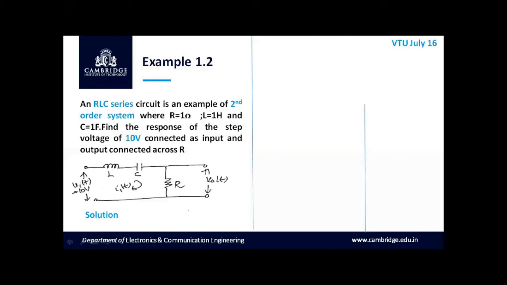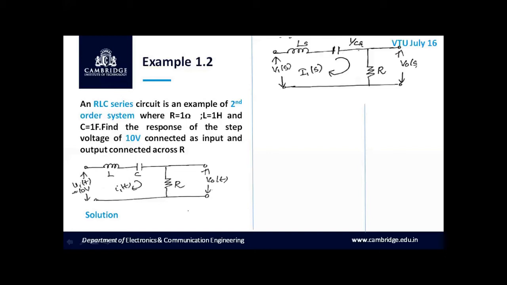So the first step here is transforming this electrical network into an S-domain network. We know the transformation already, in which the Laplace transform of L is given by Ls, C can be written as 1 by Cs and R as R, and Vi of t replaced by Vi of S and V naught of t replaced by V naught of S. Once after obtaining this S-domain network, we have to apply KVL and write the loop equation. At loop 1, V1 of S is equal to Ls plus 1 by Cs plus R, times I1 of S.